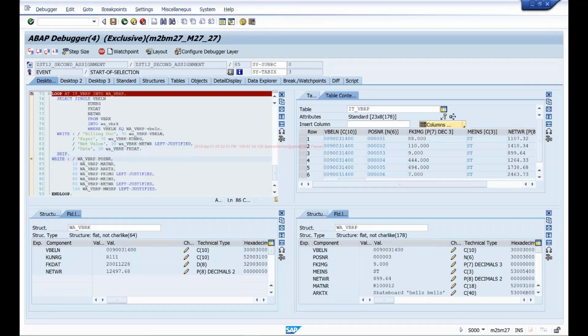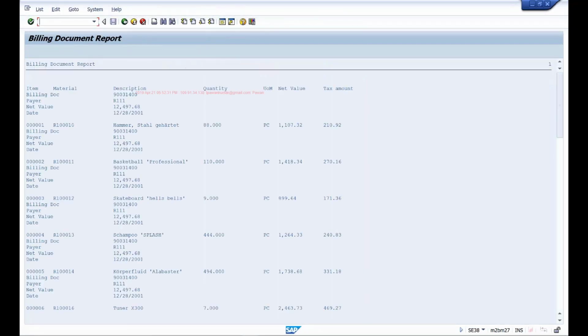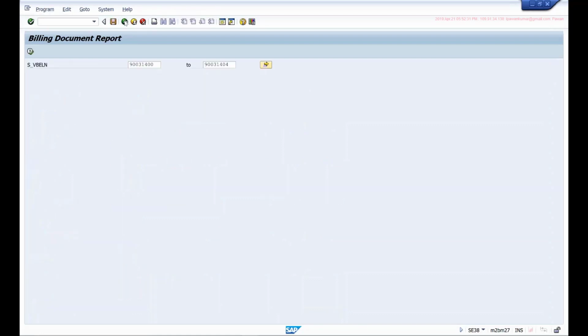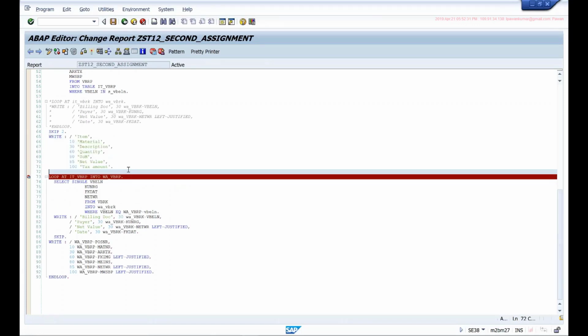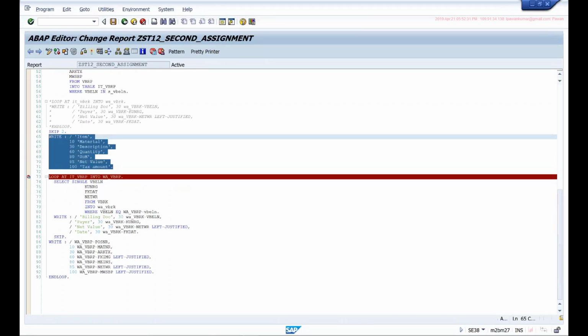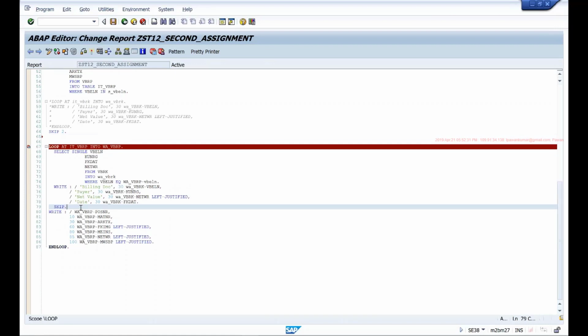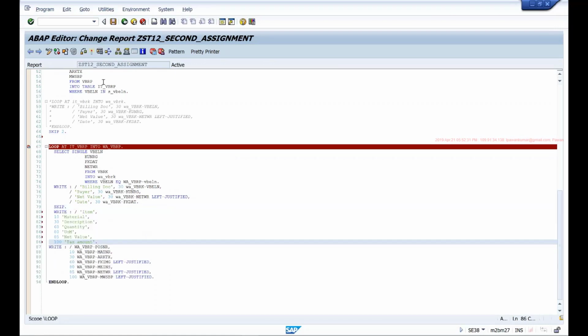So I'll do it till the document number changes, but I think there are 9 documents. Anyways, I'll execute it. So now if you see, it is printing the description, item heading, then the document header, then the item, then again the document header, same document, again the item, right? This is not how we want it. And it is printing this heading before even processing the loop. So first change I'll make is I'll move this heading to before the items.